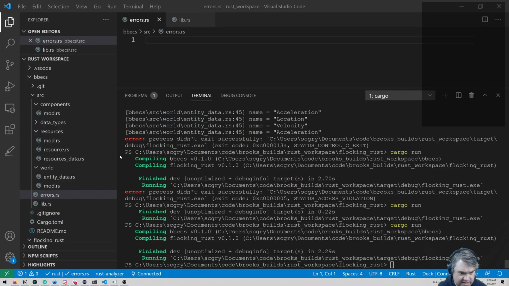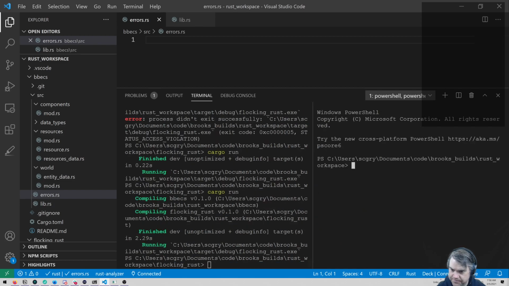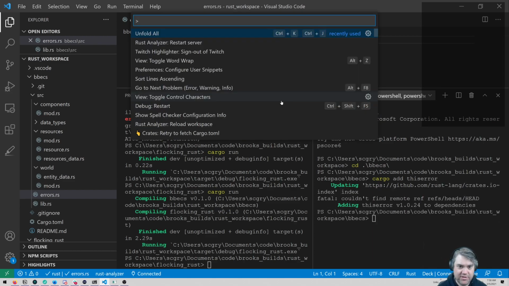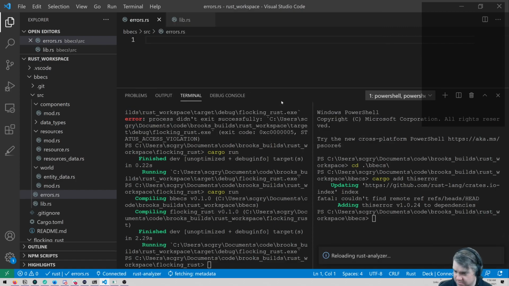I'm in flocking Rust. ECS, okay, cargo add this error. And as we found out, every time we do that, we have to restart the Rust analyzer.